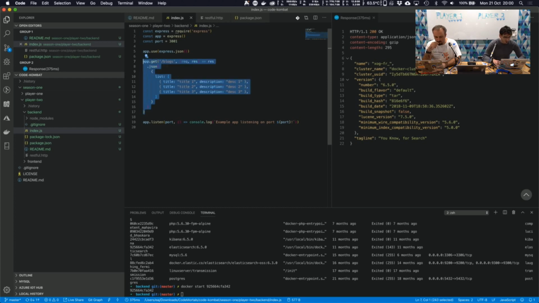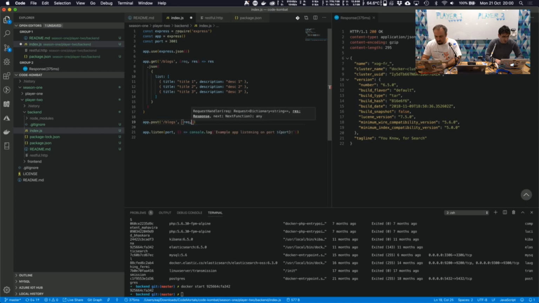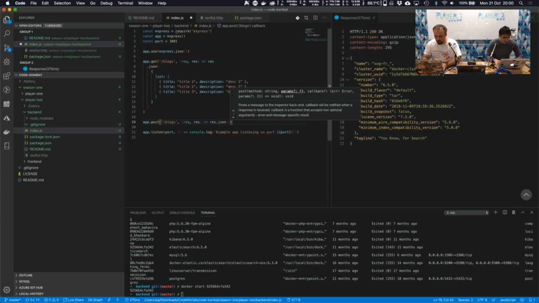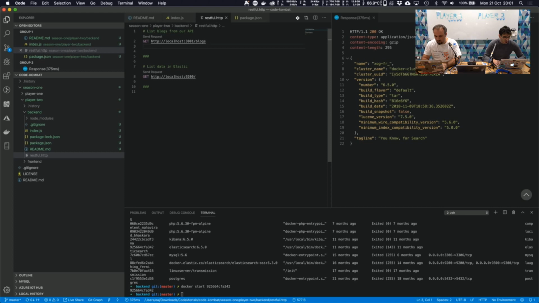So if I just do another one and we go app post, and then we'll say blogs, it will be the same URL, and we're going to get request. We're going to use request this time, so we're going to need the data coming in, and that's the response. And then let's see if we can just go, actually in the response, we'll go JSON, and let's see if we can go, I think it's request body. Let's just see if we can return that. So if I save that, Nodemon should reload it. And then if we go to here, and if we just make another one in here, which is post to that endpoint,